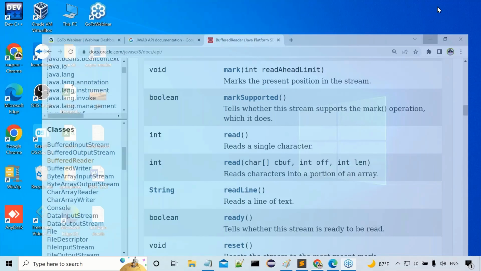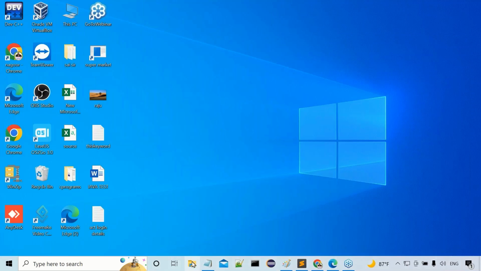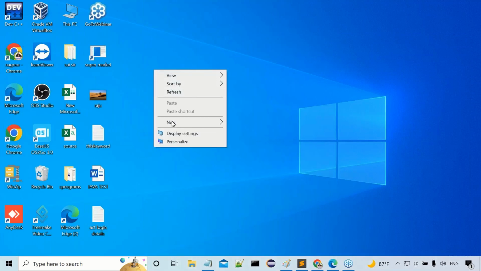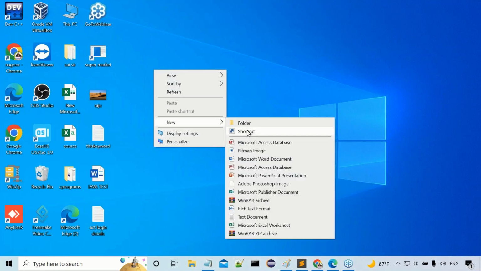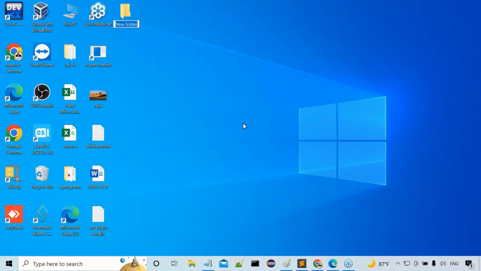Okay, just two minutes of time. Everybody has to concentrate here. This is predefined documentation, but I want to create my own API documentation for my own program. So now let me do this. Let me minimize this. Here, I want to create